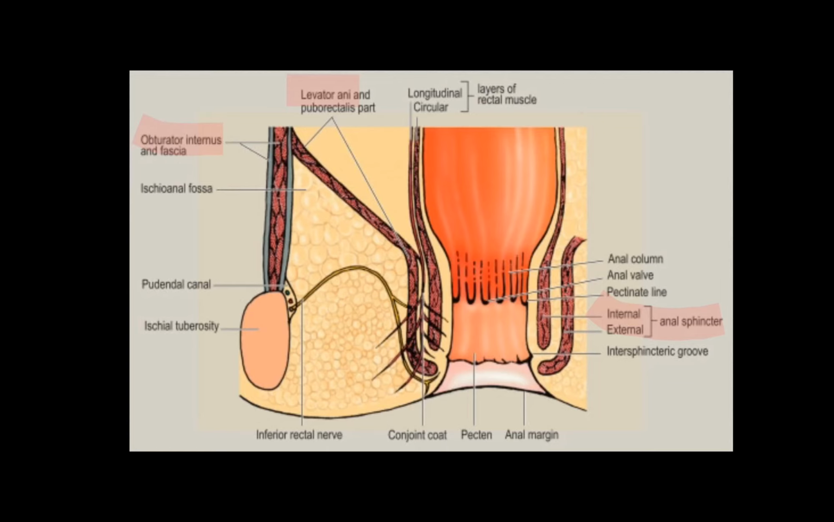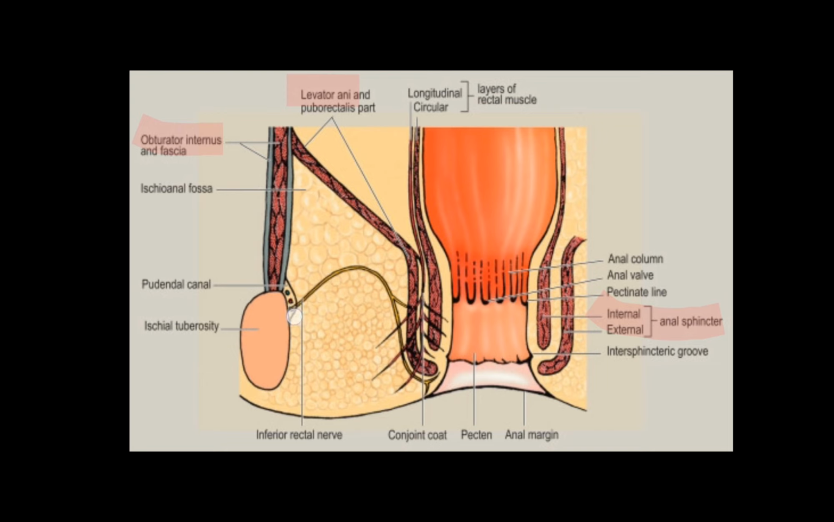In this video, we will be discussing the ischiorectal fossa and its boundaries. So, ischiorectal fossa. First, coming to the lateral boundary. The lateral boundary is formed by the fascia covering the obturator internus muscle. This is the obturator internus muscle, and the fascia covering the obturator internus muscle and the ischial tuberosity form the